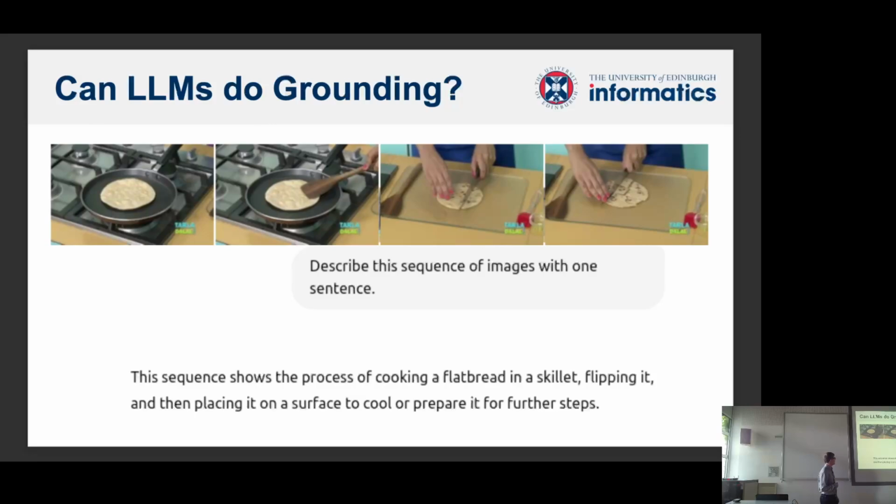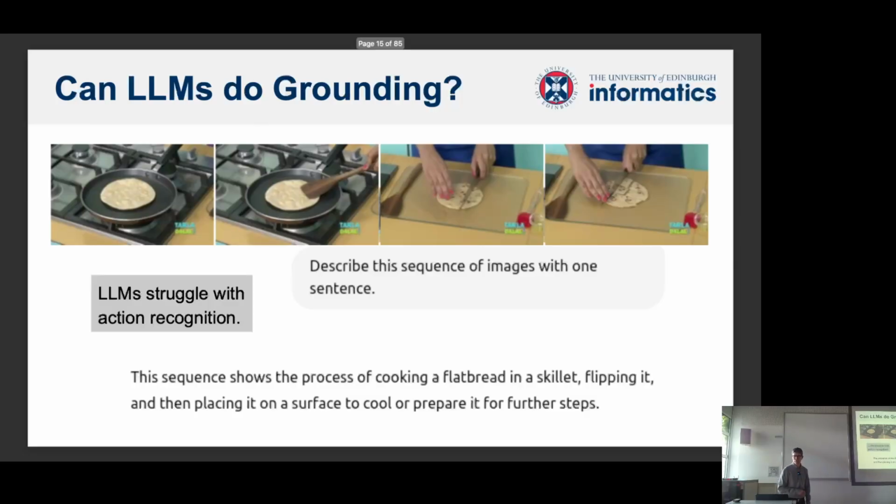And then placing it on a surface to cool and prepare it for further steps. So this is sort of correct, except it's missing something crucial, right? Because the cook here is cutting the pita bread. You can see the knife, you can see the pieces afterwards, and so on. So as humans, this is obviously trivial for us to figure out, but maybe LLMs are not so good at